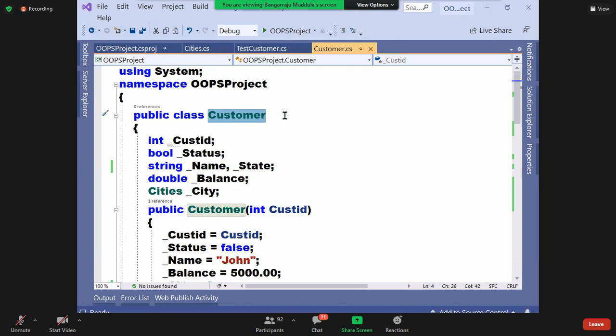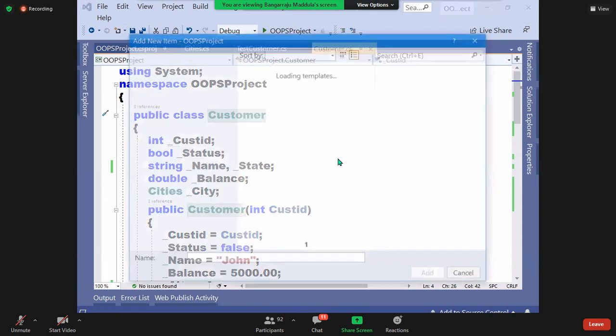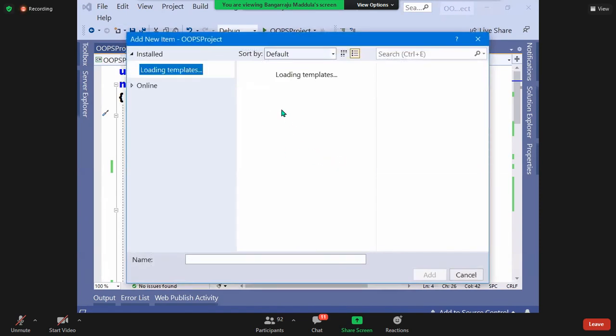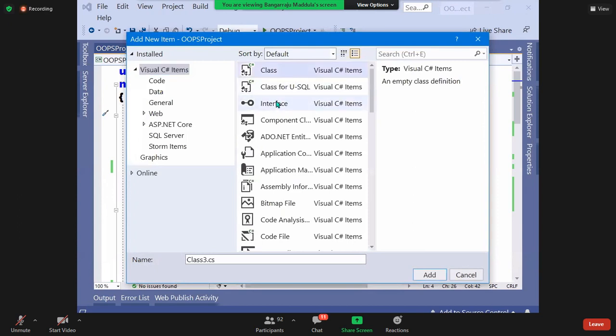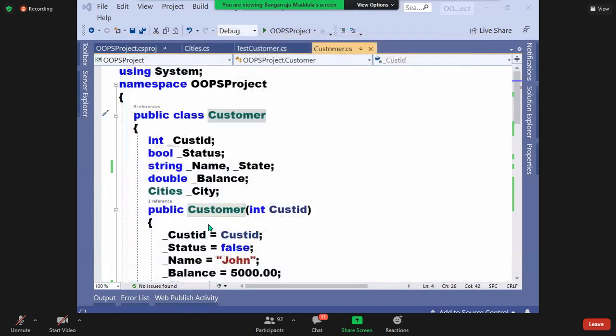Another area where these properties will be helpful to you, watch, I'll show you another example. Let me write a new class here. We'll name the class TestStudent.